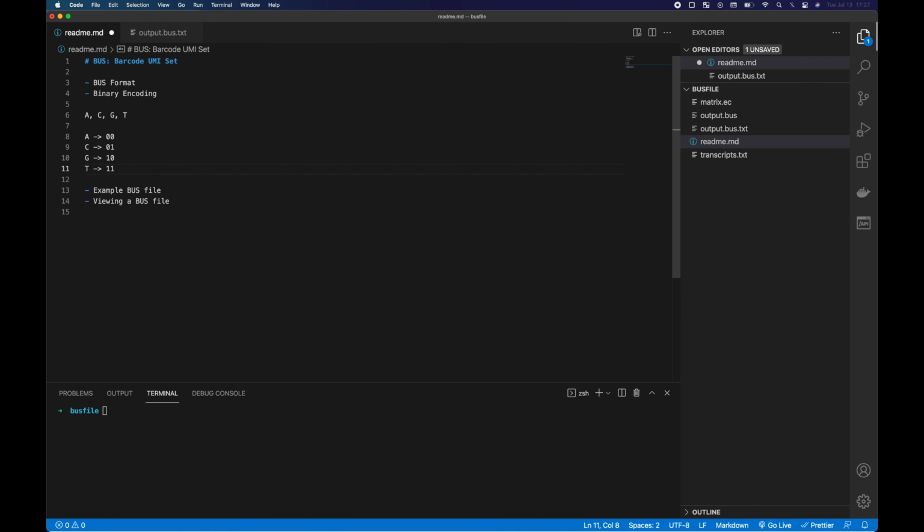Now let's just go ahead and encode a short sequence of nucleotides using this binary encoding method. So let's say we had A, G, T, C. The encoding for that would be A corresponds to 00, G corresponds to 10, T corresponds to 11, and C corresponds to 01. As I mentioned before, the reason we use this 2-bit encoding is because it saves